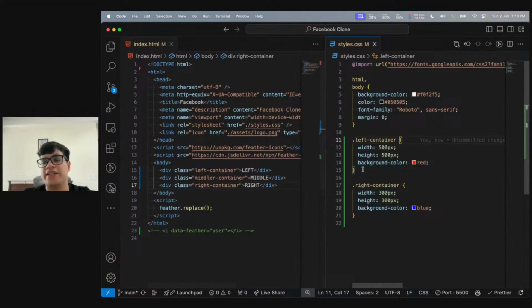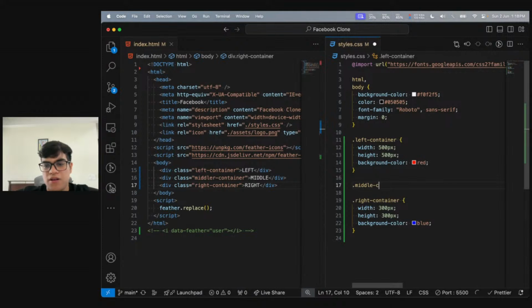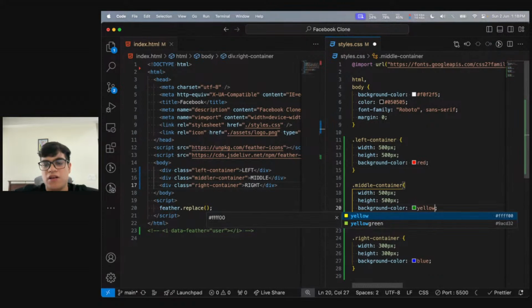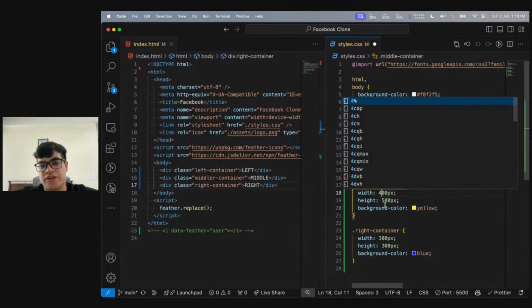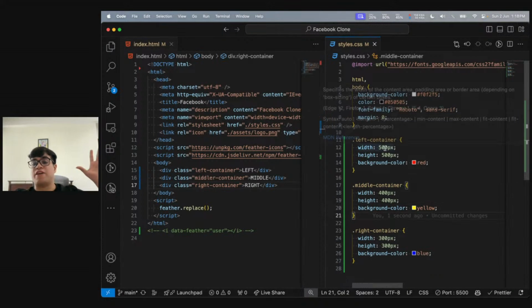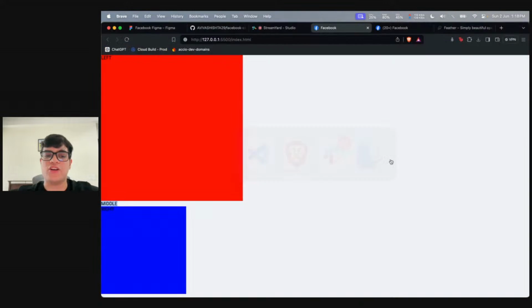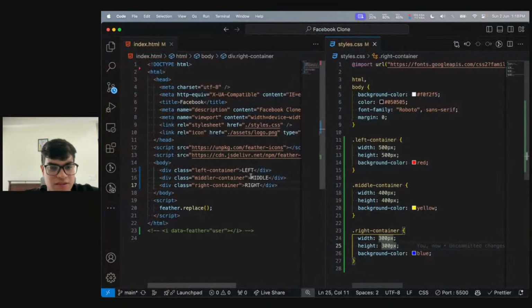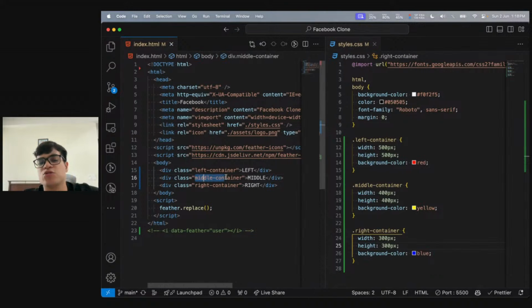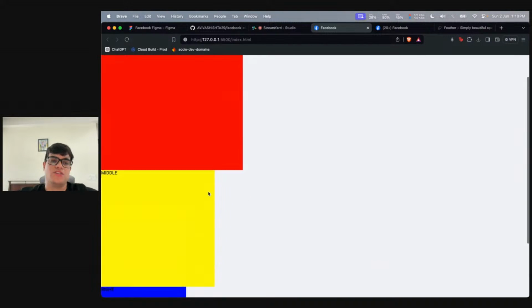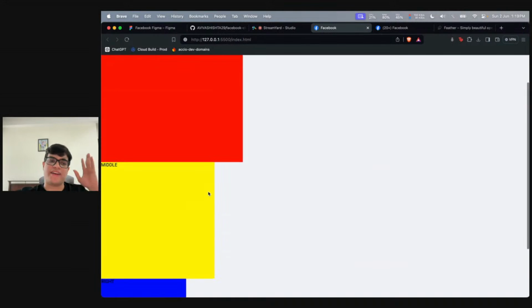Let me make the middle container yellow. Let me say this middle container is, let's say, yellow, and let me say 400. So left is the largest, 500. Middle is 400, right is 300, and red, yellow, blue. So what will I see? Okay, the spelling was off. Right now, this was named as middler container. So this name is different, this name is different. I will have to make the name the same. So left, middle, right are red, yellow, and blue, but